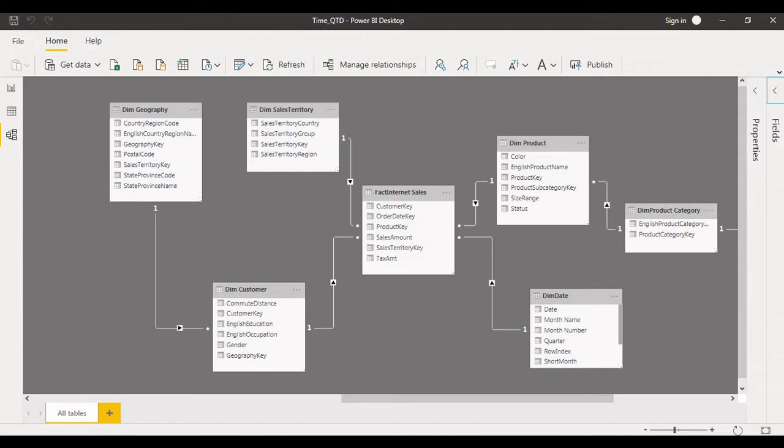Now we can see that we have already established relationships between the dimension tables and fact tables. If you place the mouse over a connection between dimension and fact, we can see a color highlighting, which represents that we have the relationship. Based on that key, we have established a one-to-many direction between the dimension table and fact table. Likewise, if you place the mouse between any dimension and fact, we can see that. Now I will go to the report.